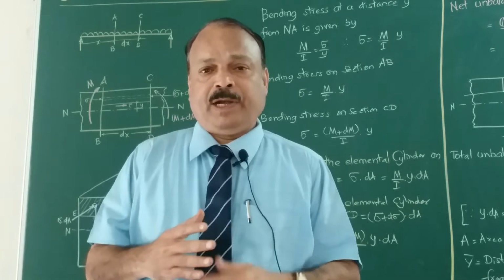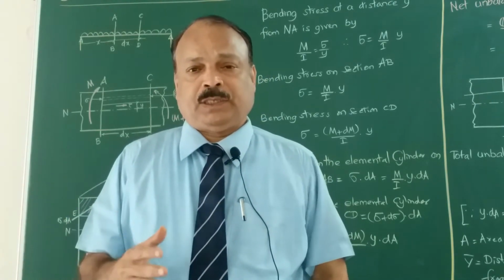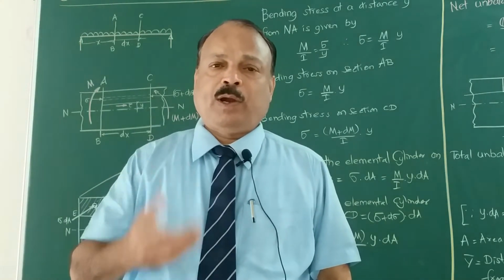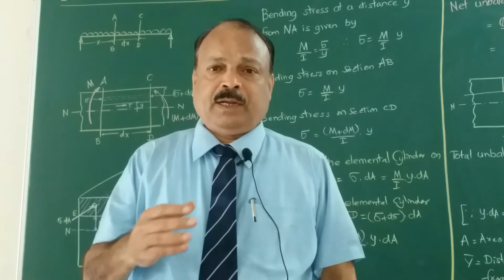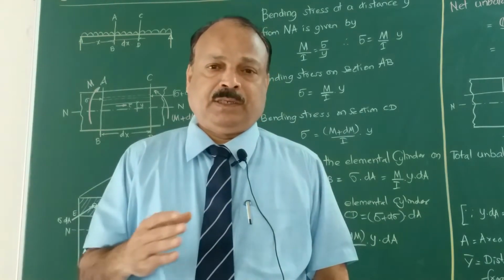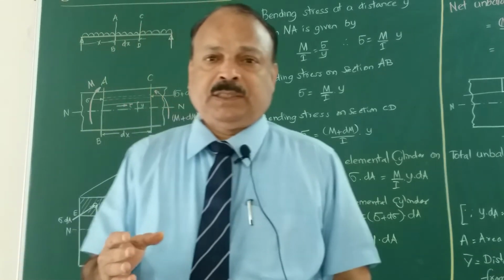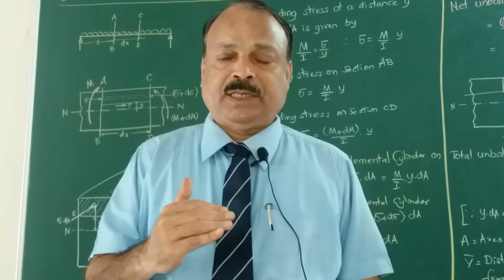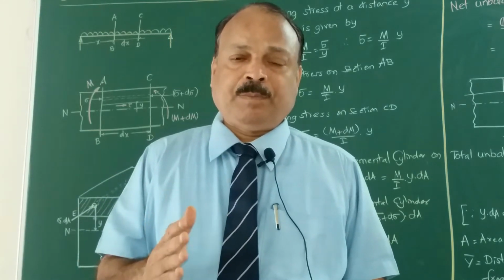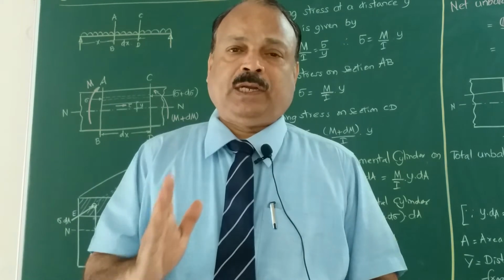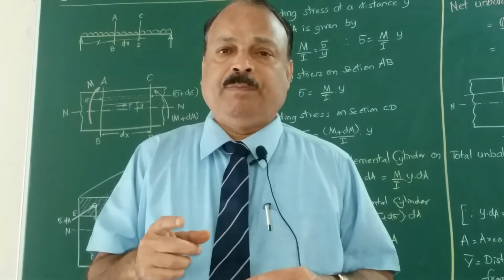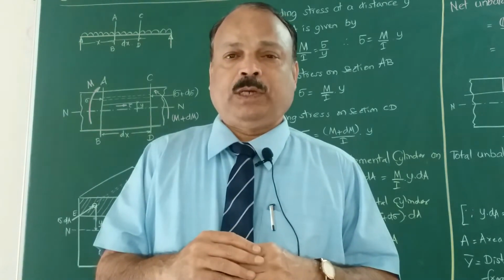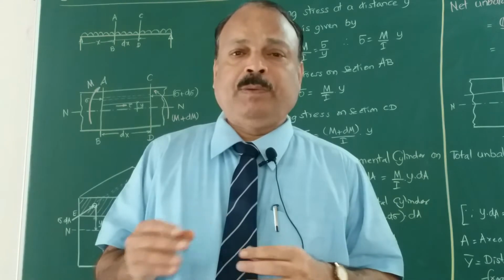But when the bending moment is varying from section to section, shear force is also varying from section to section, and at one point the shear force is zero. Due to the existence of shear in all the sections, shear stresses are developed in the sections. So it may be horizontal shear stress. Horizontal shear stresses are accompanied by vertical shear stress. Vertical force divided by cross section of the beam will be the shear stress. Simultaneously, a horizontal shear stress is also developed, which is called complementary shear.